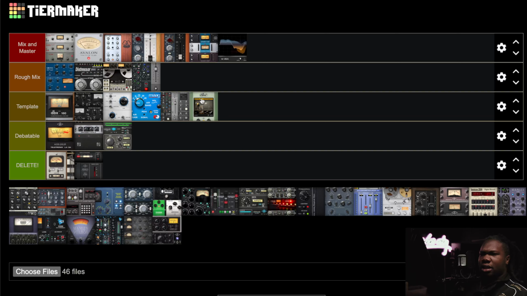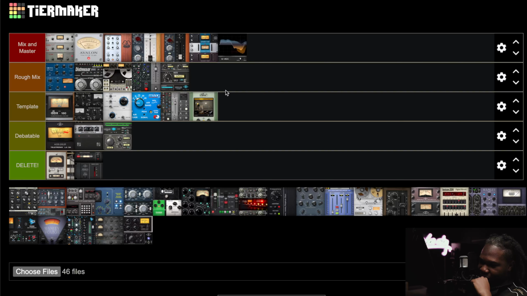Maybe it's on sale now sometimes, but for a long time, that plugin, all of these plugins, was very expensive. So that's why I'm putting the Valhalla Vintage Reverb, the chamber preset, while also giving so many other sounds, over the Capital Chambers. For rough mix, literally, it probably should go into mix and master, but Precision de-esser, literally one